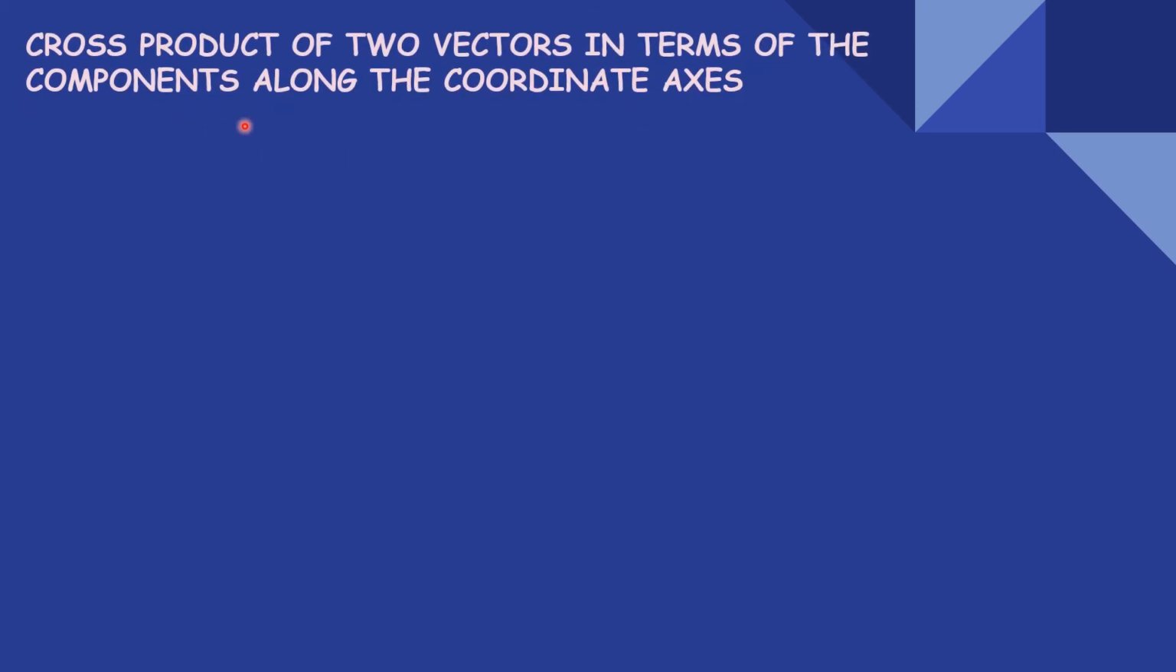Now, cross product of two vectors in terms of the components along the coordinate axis. So now we are going to talk in terms of the components of vectors. So as vector A is equal to ax i caret plus ay j caret plus az k caret, and similarly